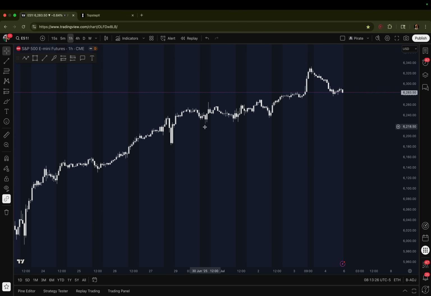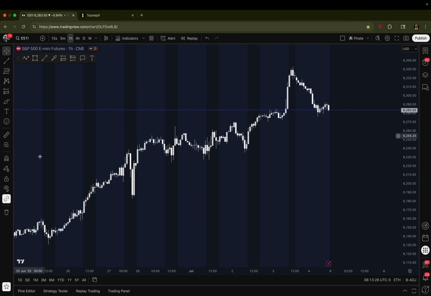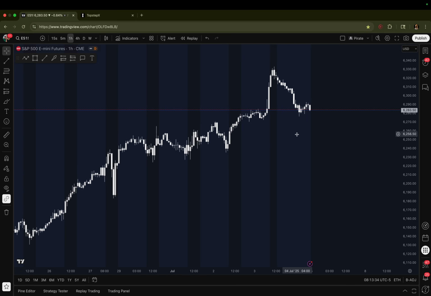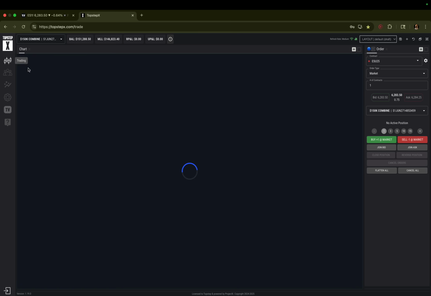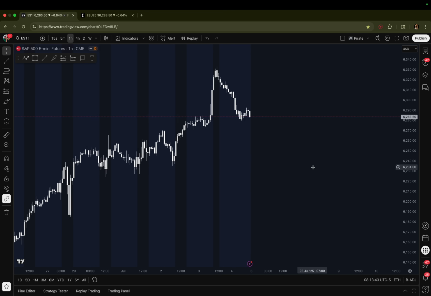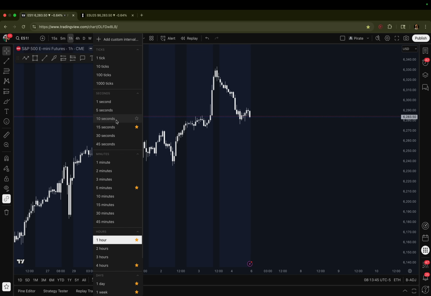But let's go ahead and have a look here at futures. I'm here on TradingView. All you do is go to TradingView and type in ES, and it's the first one by CME. That's the one I use to trade with, and that's also the one I'm trading here on the Top Step account. With ES, I go to the 15-second chart,